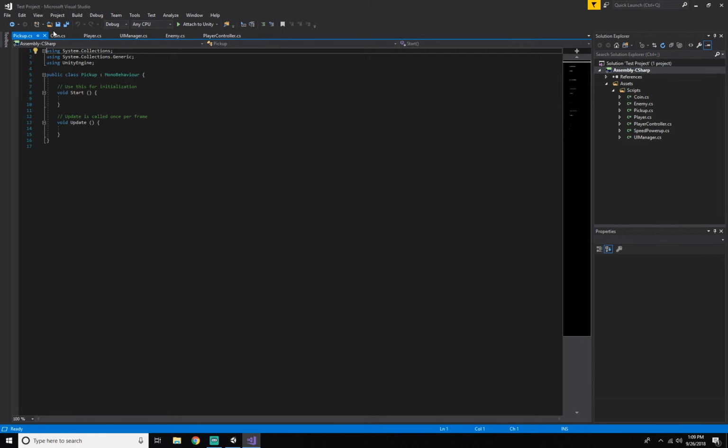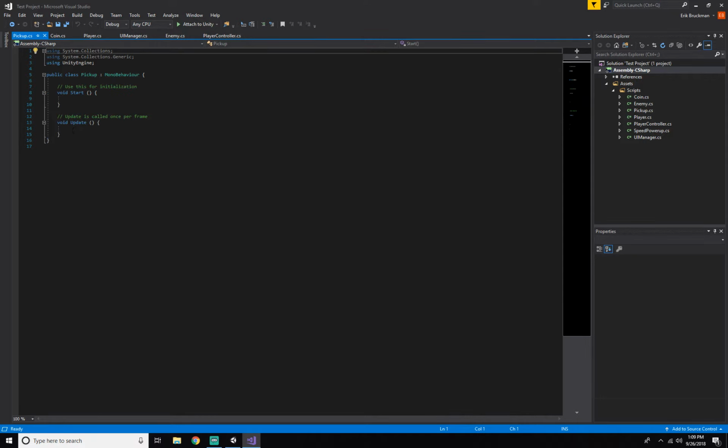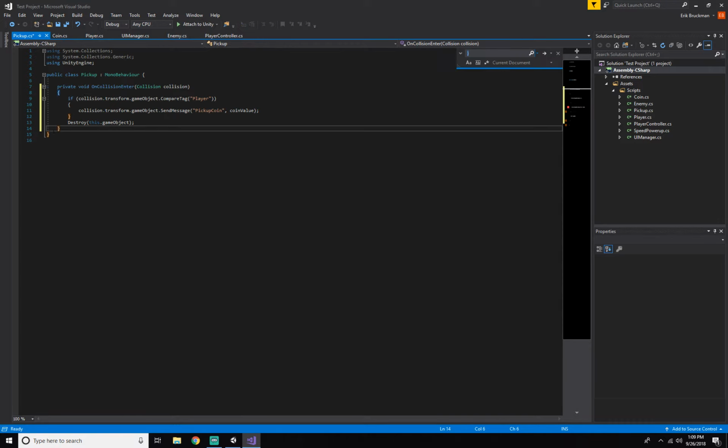So we have the start and the update. You know what the starter code looks like by now. Here's this. So on collision enter, and all that good stuff. We're going to take this, and then we're going to Control C, go to the pickup, get rid of the starter code, paste all this stuff. We have some things that don't match up and some variables, so